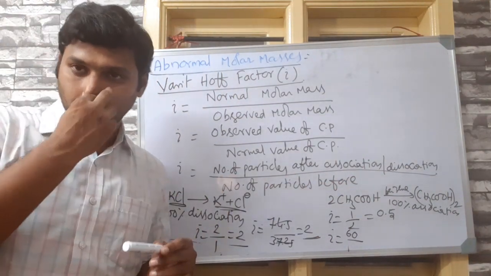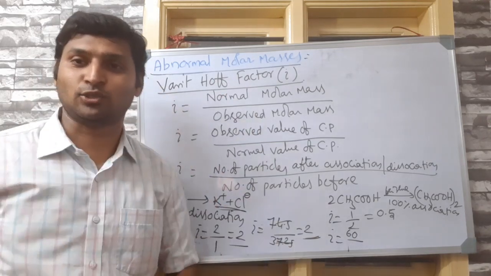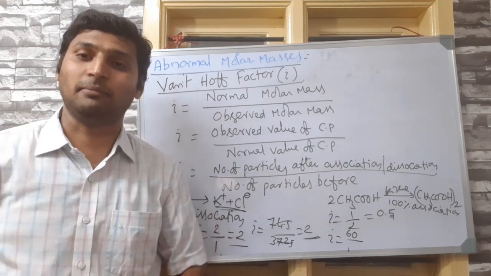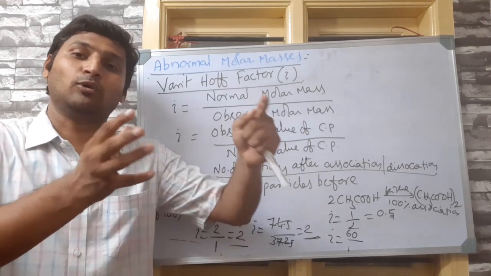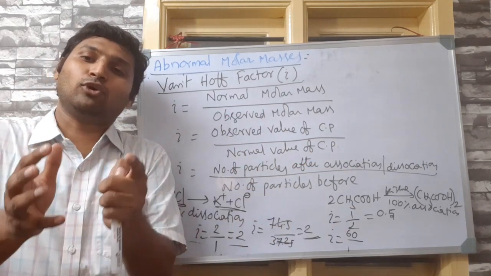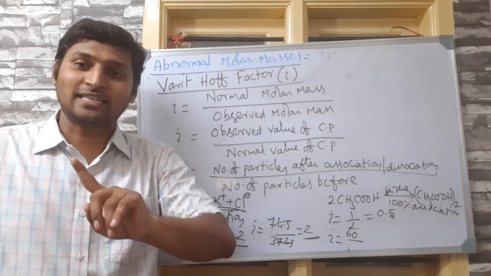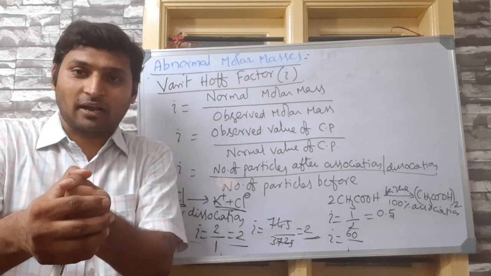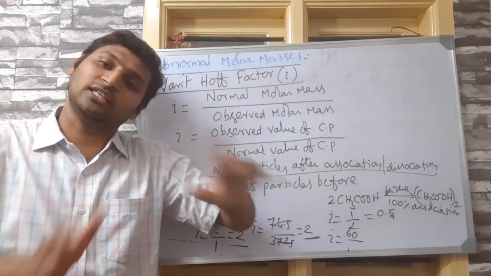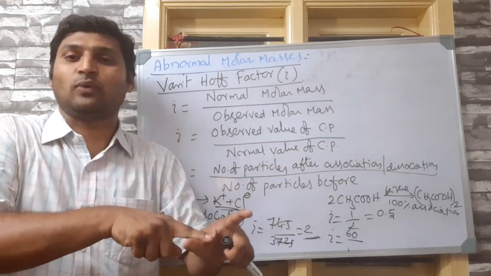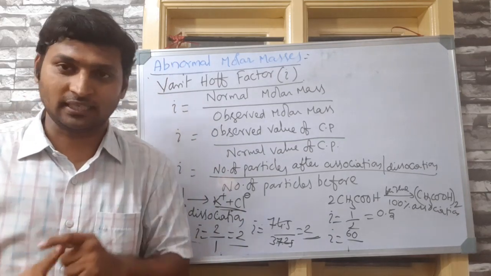But assuming 100% association, and 100% association means, please understand, say there are a billion molecules. All the billion enter into association such that the number of molecules becomes exactly half a billion. Whereas less than 100% association, what does that mean? Out of a billion, maybe 3/4 of a billion are involved in association, 1/4 are remaining independent. Then the number of particles will be: 3/4 of them would have combined with each other and become half of it, so half of the 3/4, plus the remaining 1/4. That is the meaning of 100% or less than 100% association.